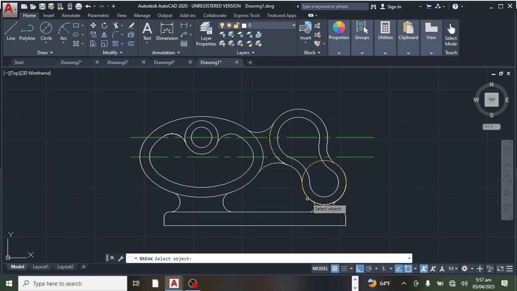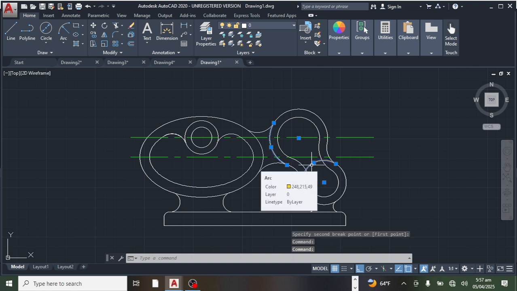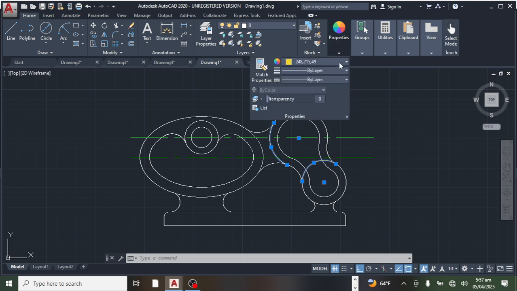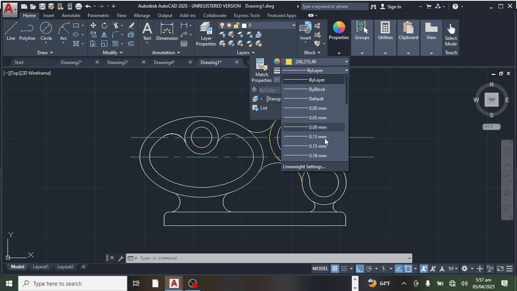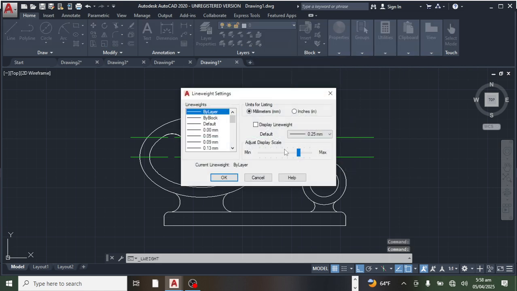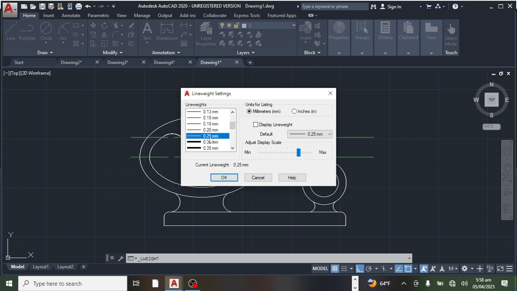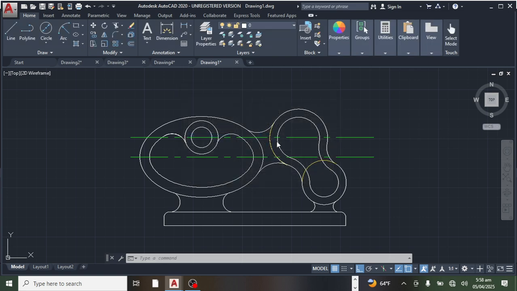Modify black, like this, and then these have hidden line, so for hidden line we just use these, we go there, okay, it's 0.25, like this,